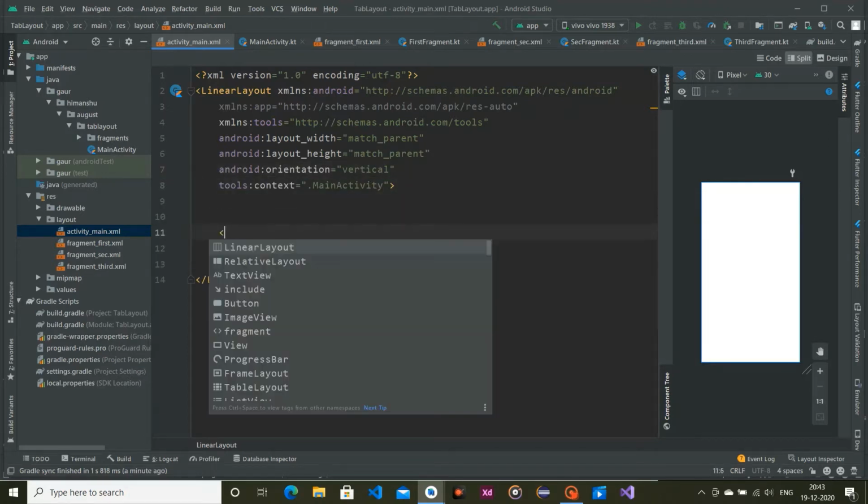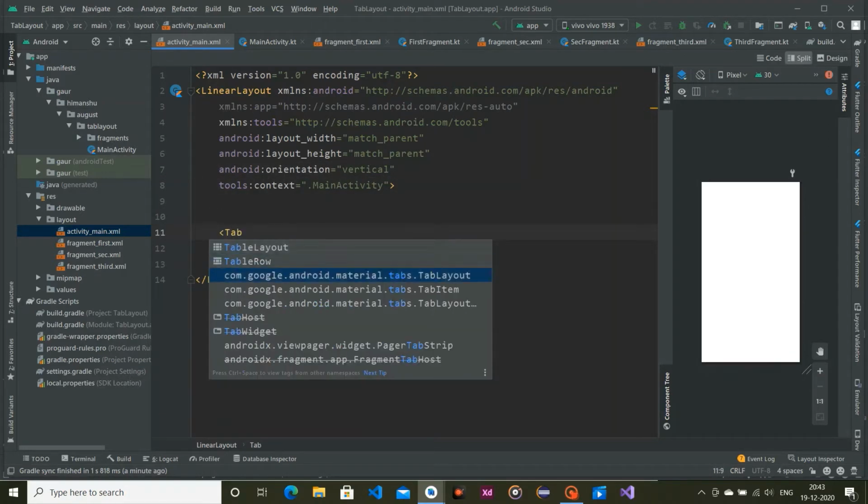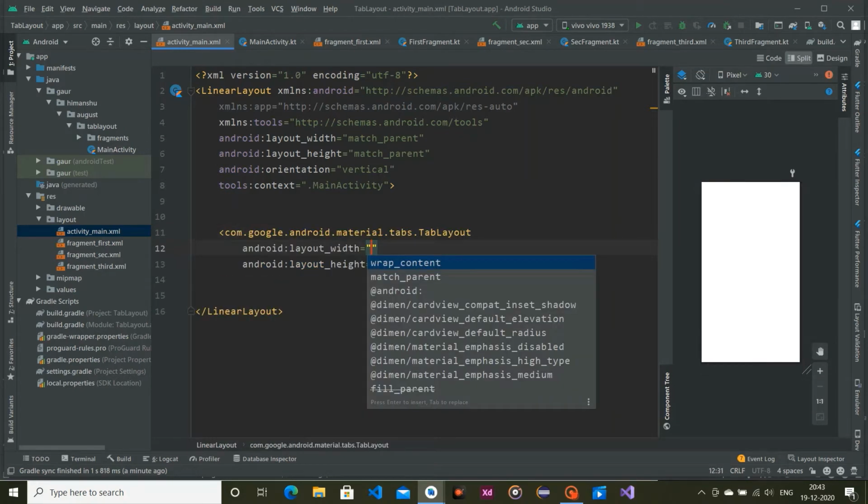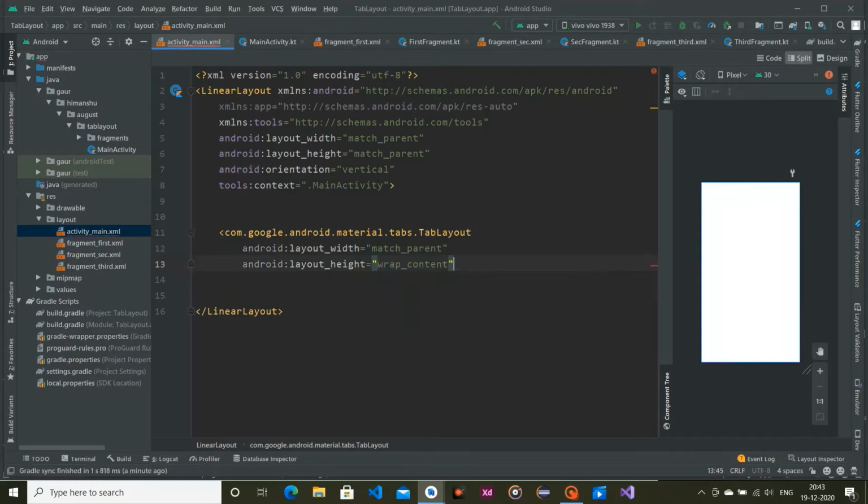Within this I use a tab layout, width is match parent and height is wrap content, and simply provide an ID. So I use tab layout.